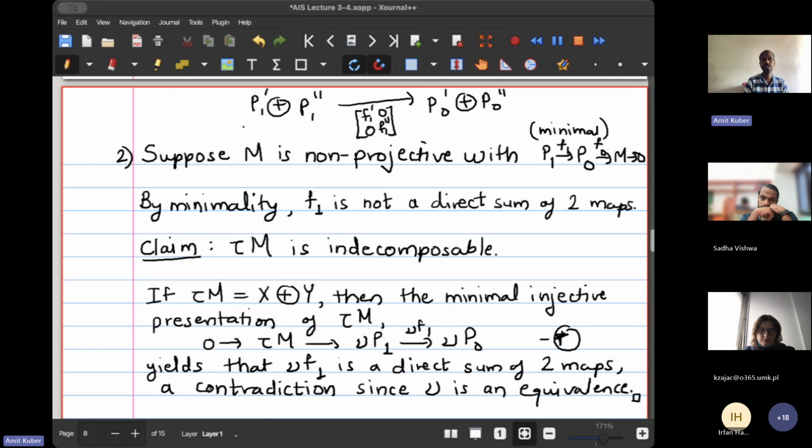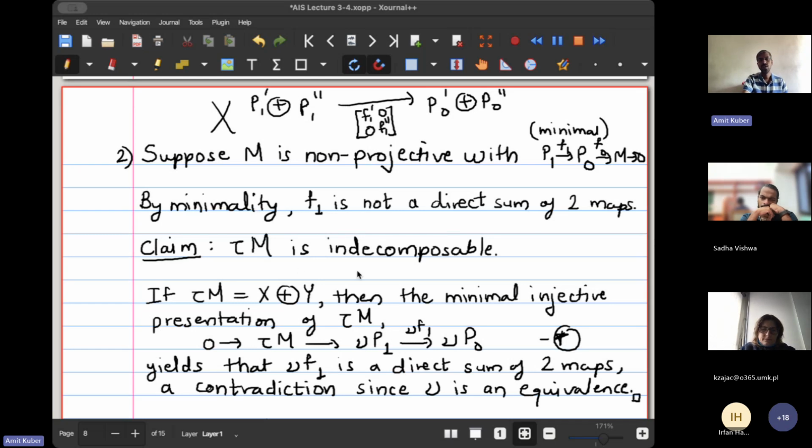Yeah, this situation cannot happen. That is what I'm claiming, just by using minimality. Otherwise, you can separate these two things. This minimality argument is quite crucial,